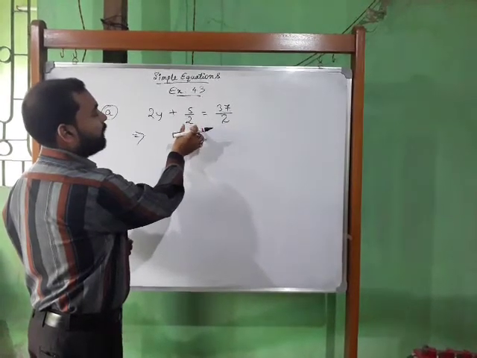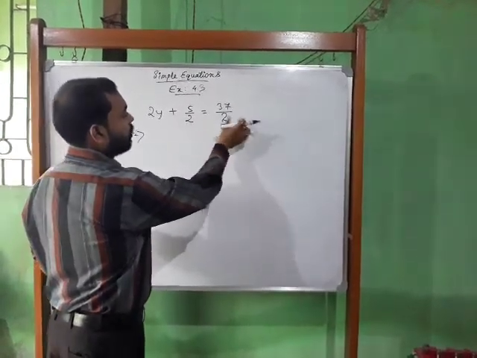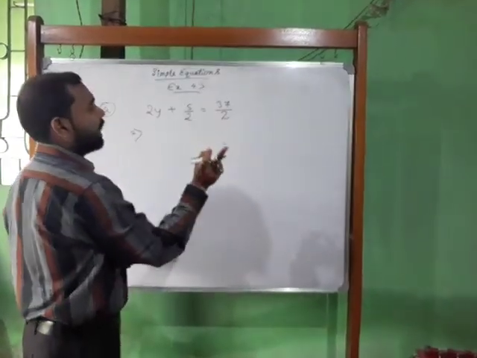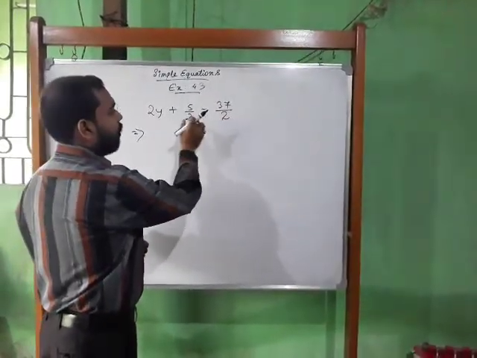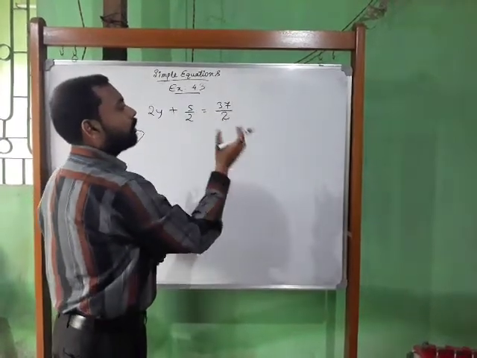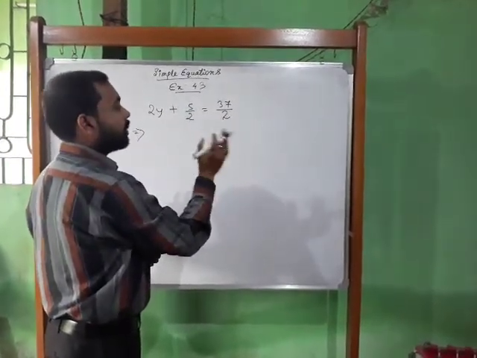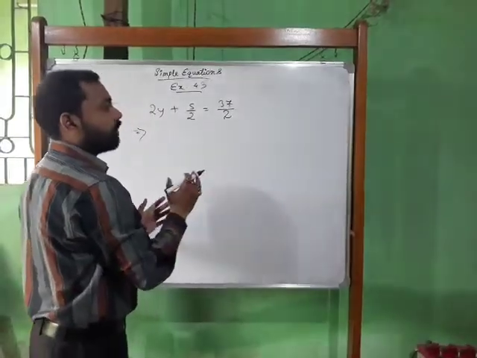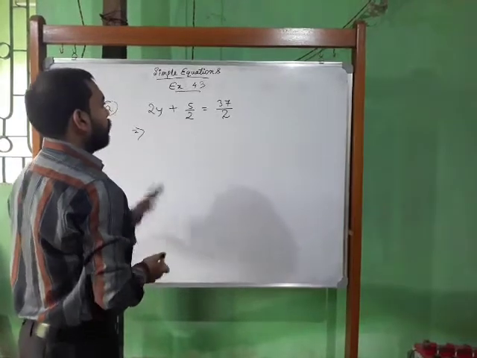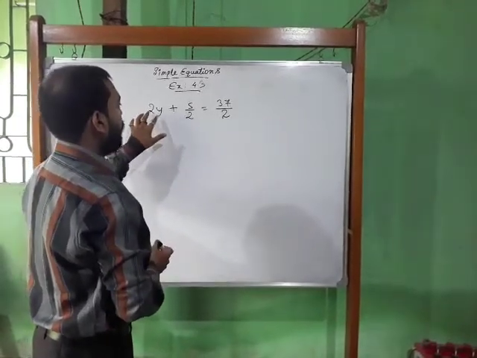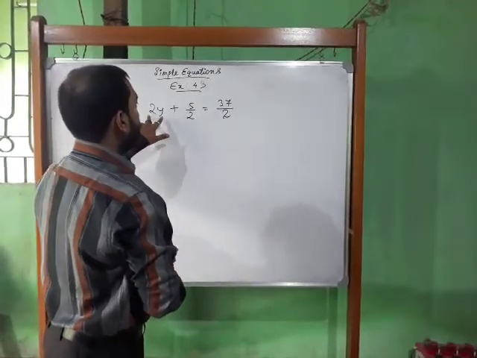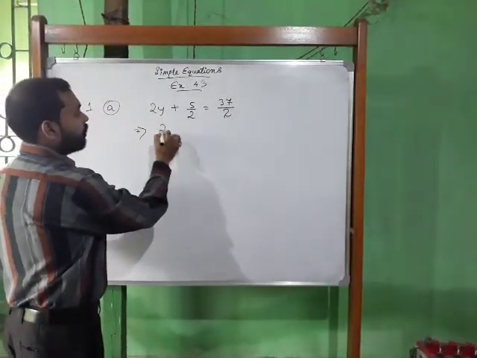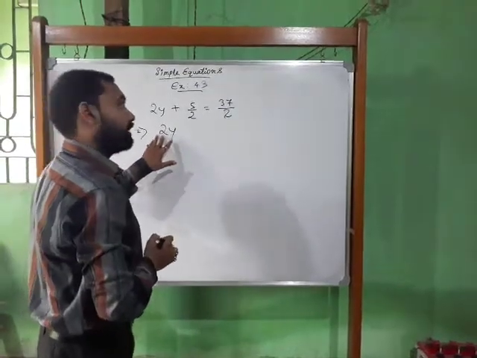So at first let me take this constant on the right hand side, because 37/2 is also a constant. So always you keep in mind that we have to subtract constant from constant, or if you want to add, then you see whether constant should be added to constant and constant should be subtracted from constant. Okay, don't add or subtract constant from the variable, then your answer will be wrong. So since this is the variable, let us keep this on the right hand side.